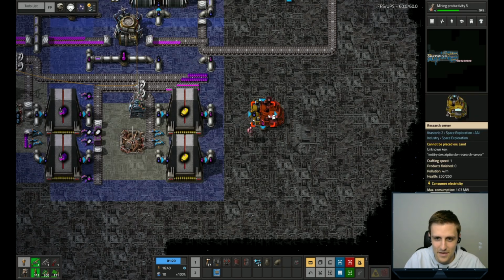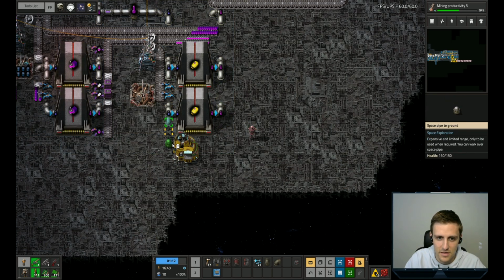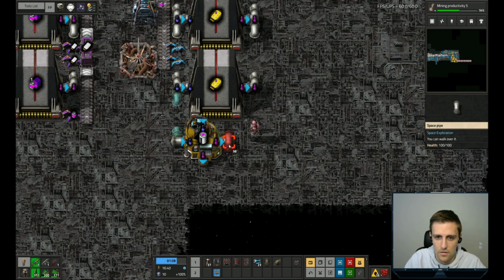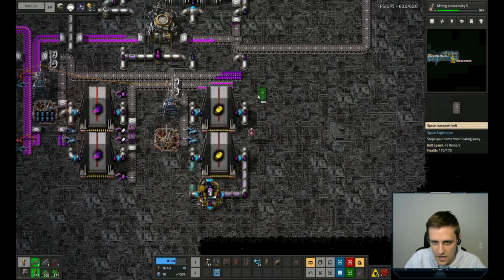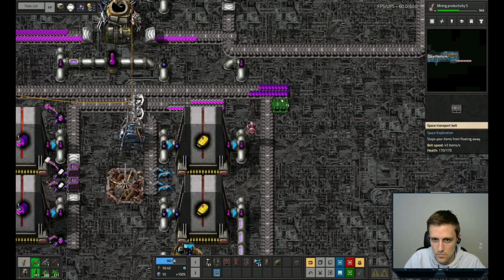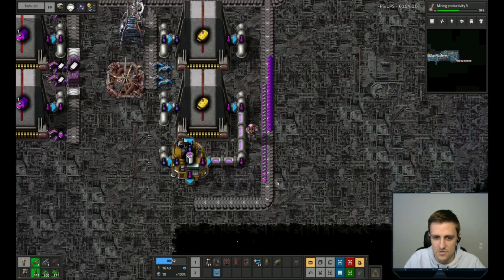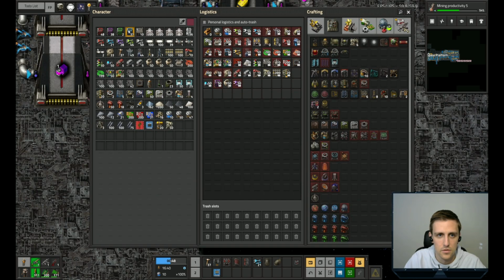These things are so tiny, man. Maybe we'll have it done. Will we have it down here? Yeah, you know what? We'll have it down here. It'll make the inputs and outputs easier. Energy science. There we go. And then these. Let's have one belt that comes down this direction. And we'll just join them together like this. That seems fine. Have an inserter like this, and then we'll do a requester